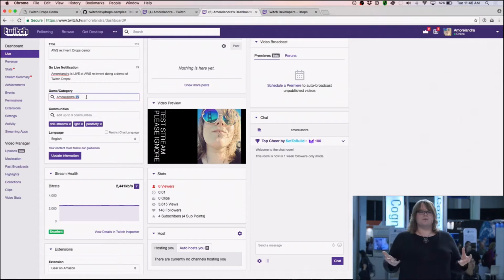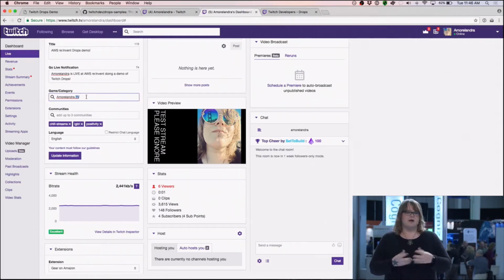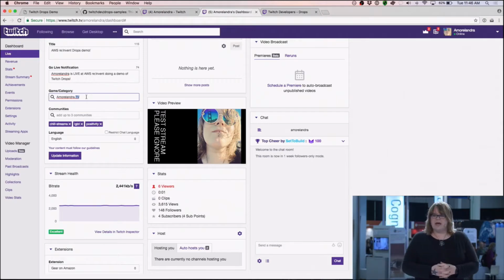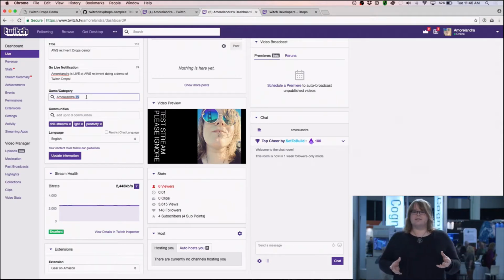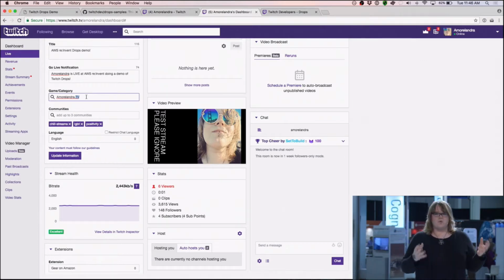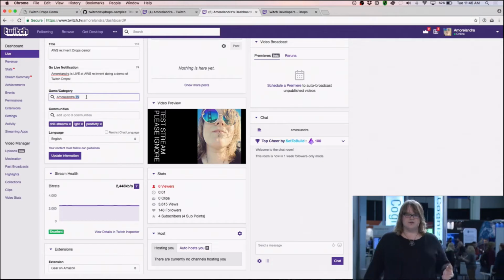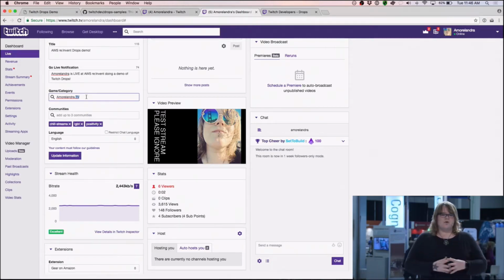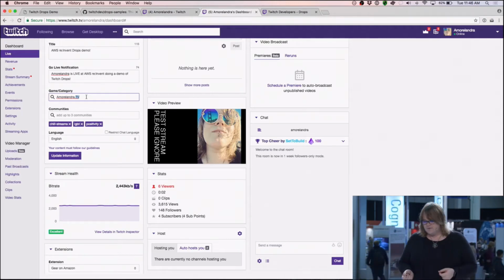Without drops, viewers are coming to watch a streamer's content. They're maybe engaged with the chat, but as the viewer, they're not necessarily achieving or earning any particular rewards directly with your game content. They're interacting through that streamer's content. But like I said, with drops, this unlocks a whole new kind of channel of interactivity.